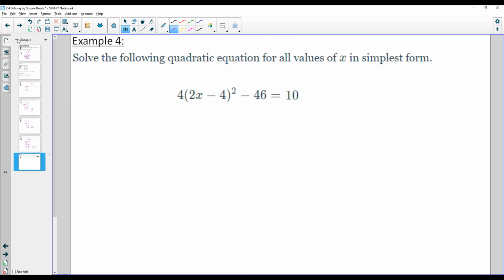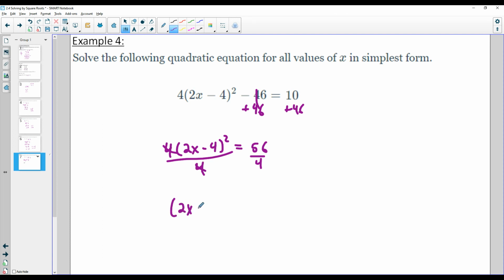Okay, let's do one more here. Again, it's this giant chunk squared, right? So let's get that whole thing alone. Let's add 46 to both sides. And then I'm going to be left with 4 times 2x minus 4 squared equals 56. I'm going to divide everything by 4. So then I'm left with 2x minus 4 squared